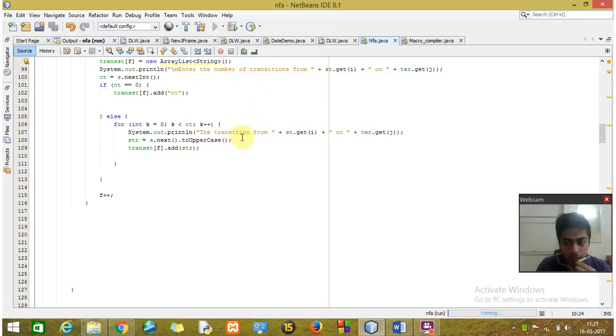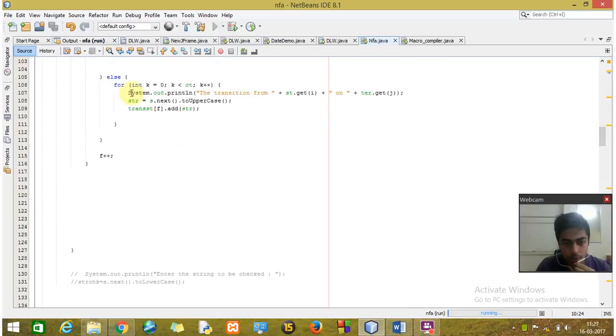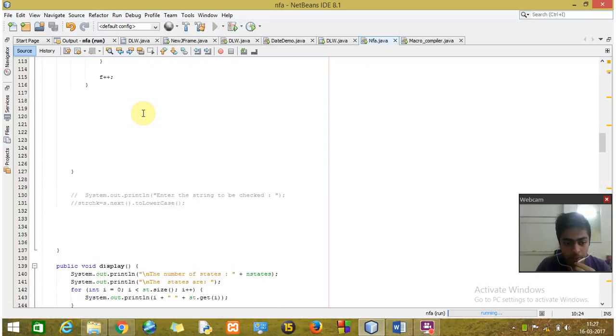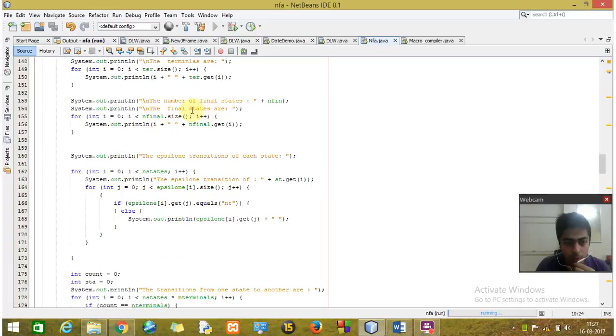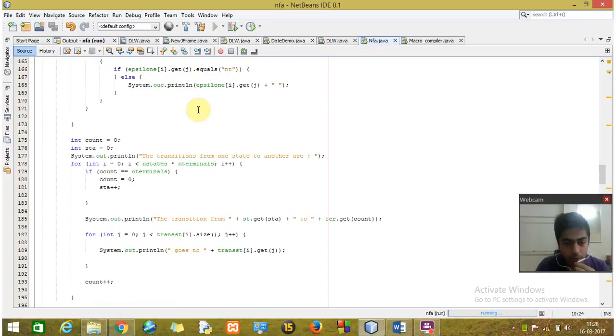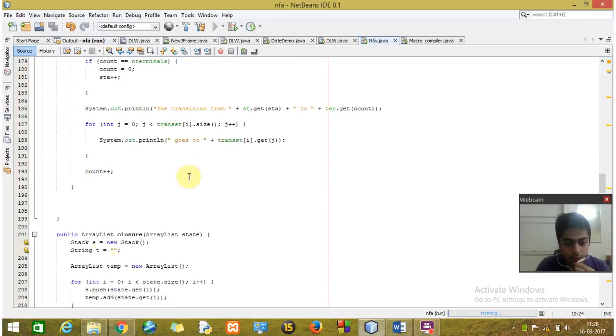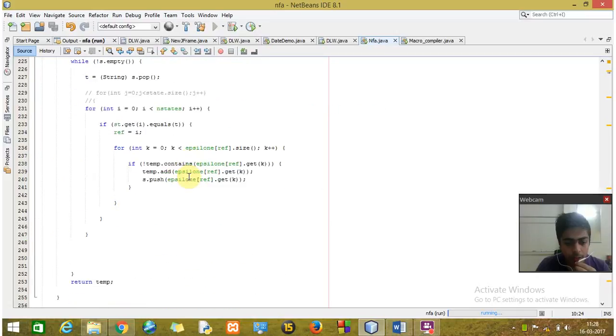Suppose A on B is going to what state, we will store it in a string. A on B is going to C, so it will be stored in the particular variable. The same way we will do for n number of states. If we have given the number of states input as 4, that will be stored, and the user will be asked for all the states and all the terminals. The same way for all the states and terminals we will ask, until the final state is attained. After doing this, the end part is that we have to take the input string from the user.